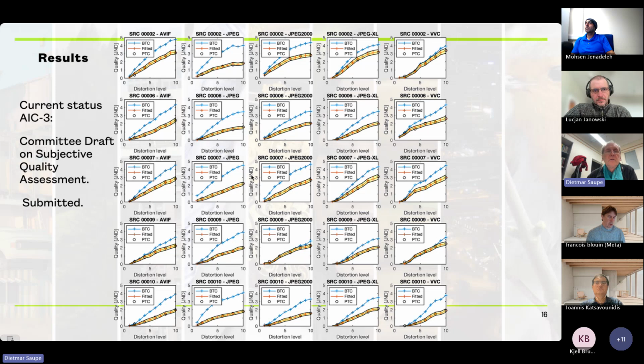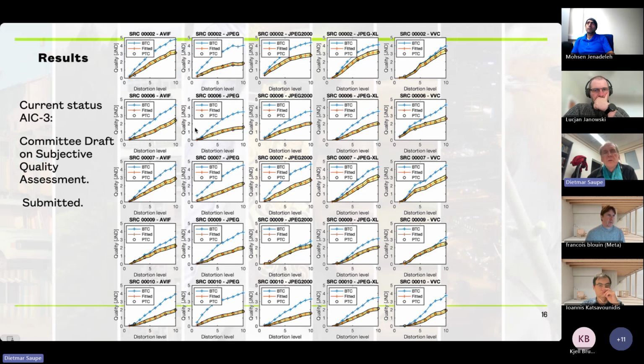So you see in each row here the sources. Source 02 is in the first row, the next source in the second row, and so on. And in the columns you see the different codecs, so AVIF and JPEG in the first and second column, etc. And there are several curves here. There's the boosted transformation here